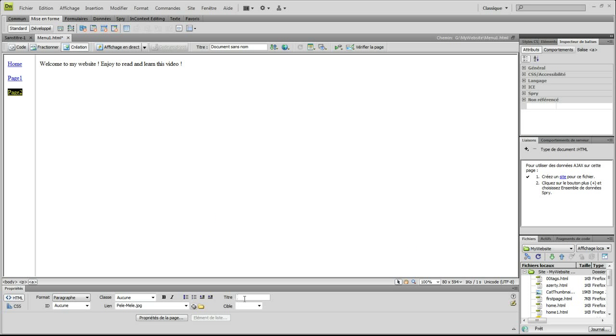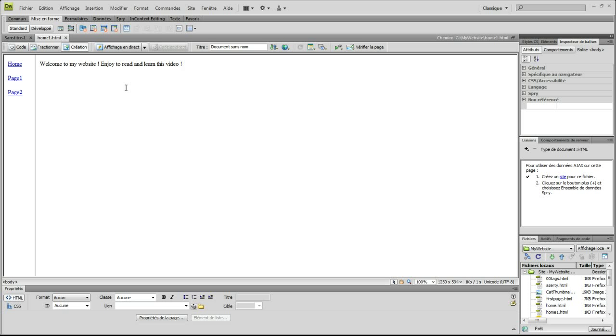As title here, I can add what I want, so in my case pale-mail. Then here as target, select mainframe. Well, okay, you have here to save this part of the menu. So you can save here as menu. So when you click on the mainframe, nothing has changed, so you don't have to resave or save again this